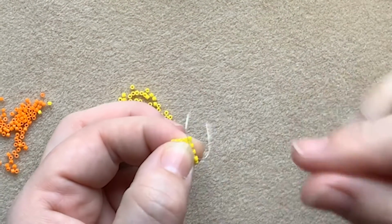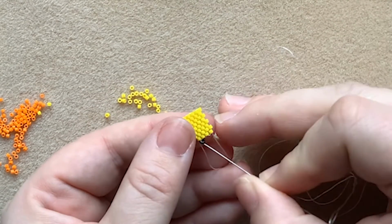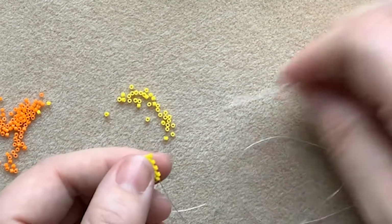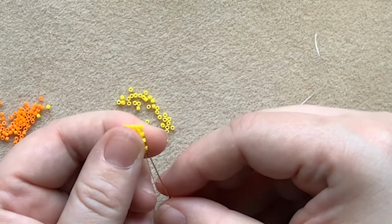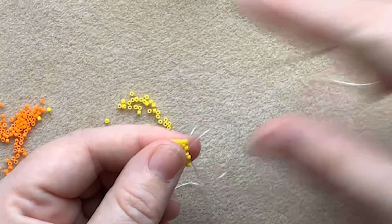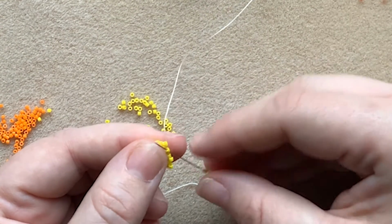Okay, so as you can see, I've now got 5 beads on this side, but only 4 beads on this side. So I need to add another row to this side, and this will be the last row to make the tube. So I'll pick up one and go through. And that's number 2, number 3,